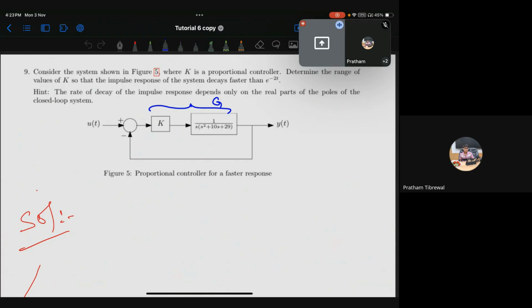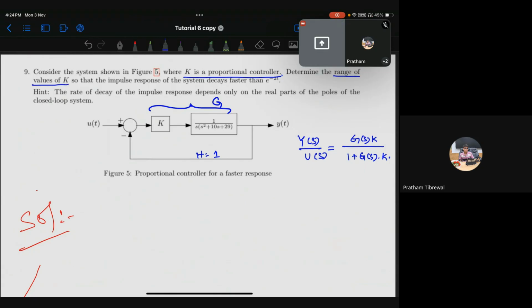So here, this is the block diagram given to us. There is no doubt we will be finding the y of s by u of s expression, where h is equal to 1 here. So we will be finding that as g of s k by 1 plus g of s k, where k is the proportional controller. We need to determine the range for k,